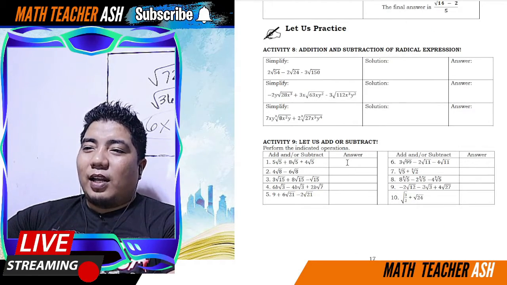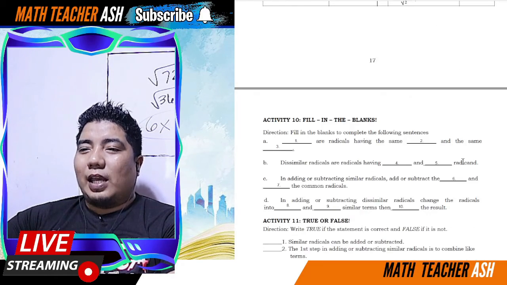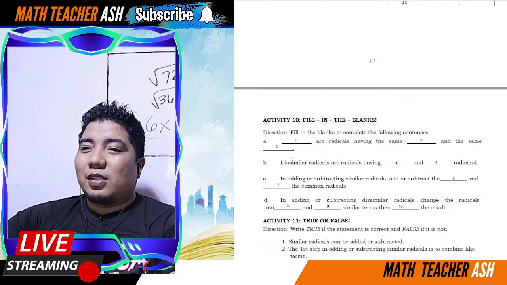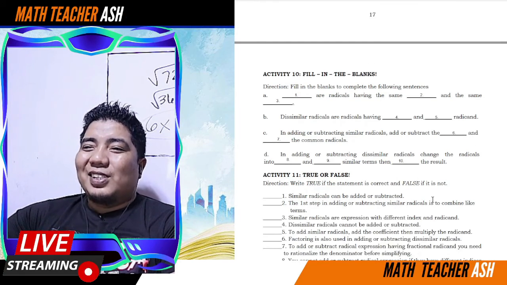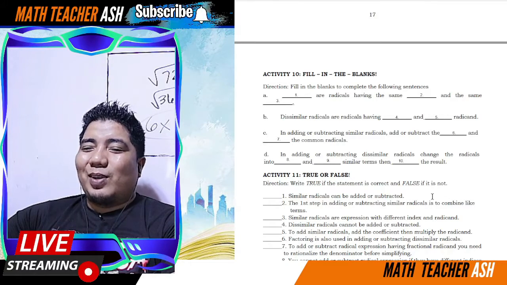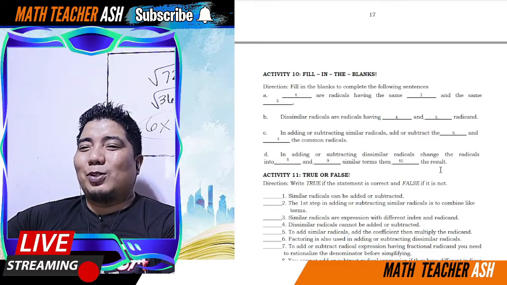And then, we have here the let us add and subtract. Ganun pa rin. You show the solutions and the answer. And then fill in the blanks. Blank are radicals having the same blank and the same blank. Okay. So, I'm sure you just read the given introduction and the given discussion on the previous page to answer